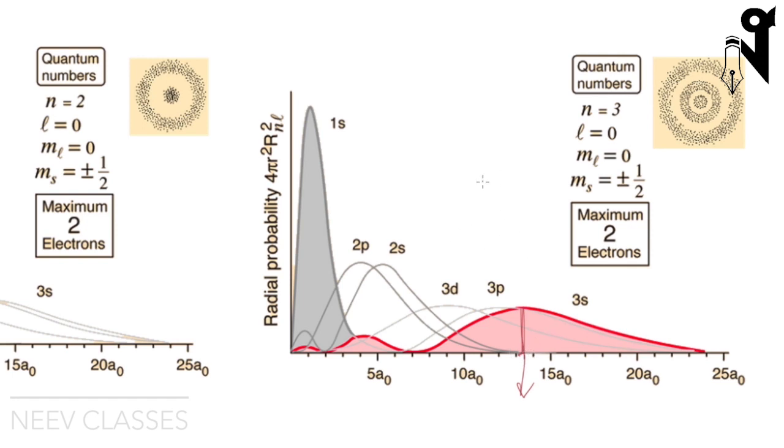Most probable radius comes around 13. I'll tell you a surprising thing here also, but let me just complete. Your 3p is inside that. That's your 3p location, and your 3d is even more inside. That's your 3d location. So that's your 3s, the big one,